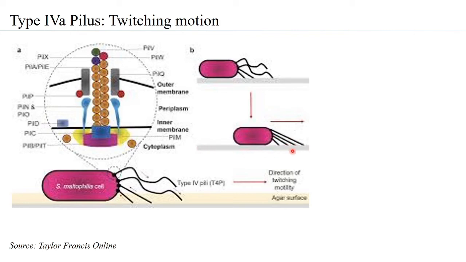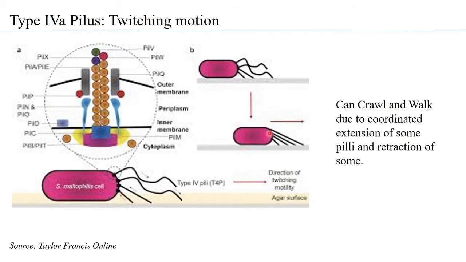It could be a polymer, or the surface of an organ, or just plastic, or any aluminum surface, whatever. The surface can vary, but the adherence of the pili and the movement of the motor has helped the twitching motion of the bacteria.